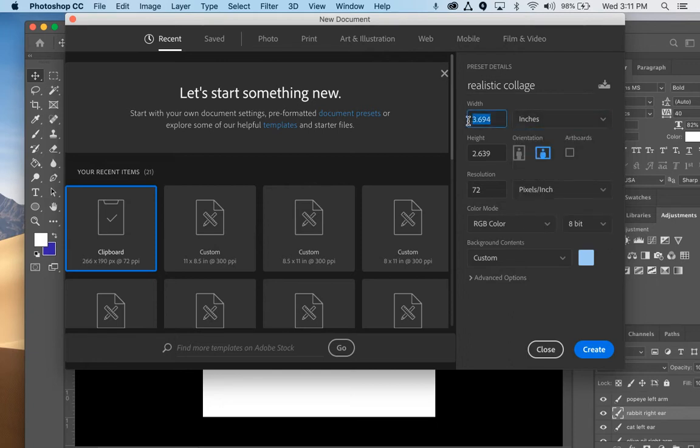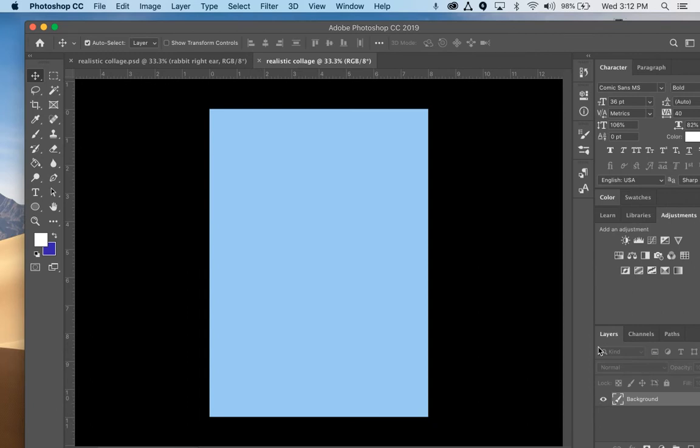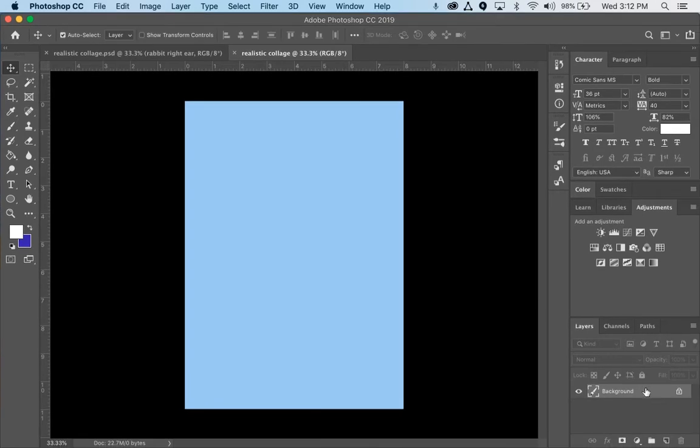Let's go to inches. I want the width to be 8, the height to be 11, and resolution is always going to be 300. Create. So if you have a background, you don't want the blue background, which I don't, you can always unlock it,